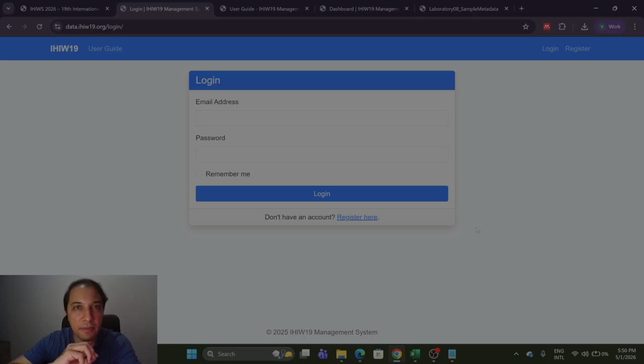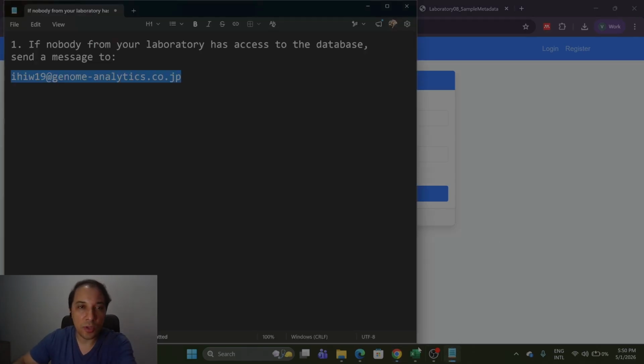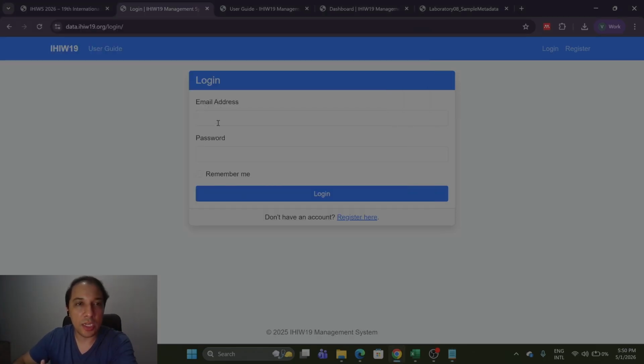If you don't have access to the database, and anybody from your group, from your lab has access to the database, you need to get in touch with the database staff team using this email, requesting your login and the first password to access the database.